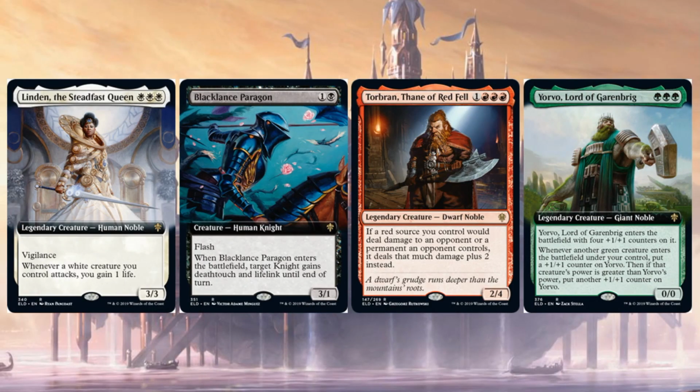We're going to begin this video as we usually do by looking at variations on cards we talked about yesterday that we did not see in yesterday's video. So 3 cards now have an extended art version revealed that we didn't have yesterday, and 1 card has the regular version revealed because yesterday we saw the extended art copy. Those cards are on the screen now: Linden, the Steadfast Queen, Black Lance Paragon, Torbrand Thane of Redfell, and Jorvo,